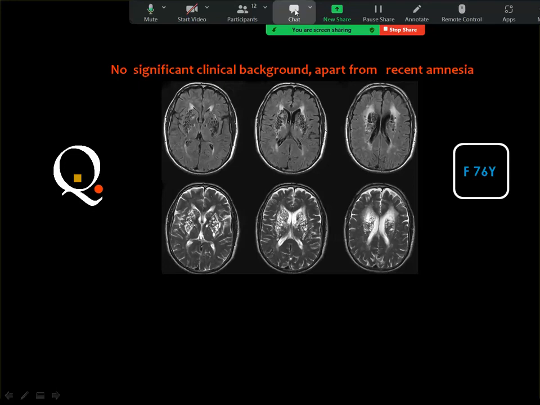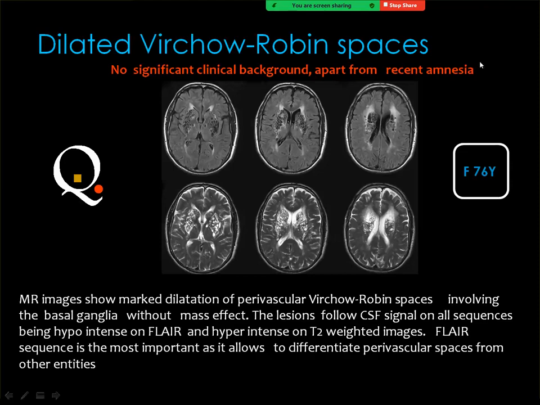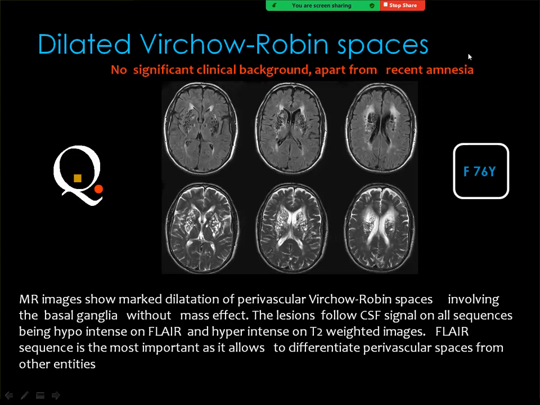Okay, in this FLAIR and the T2 weighted images, you can see many cystic lesions, particularly in the basal ganglia. And these lesions are exactly of CSF signal in the FLAIR and T2 weighted images. And this is diagnostic of Virchow-Robin spaces. Here they are more prominent and more numerous, but this is expected in some of the patients,